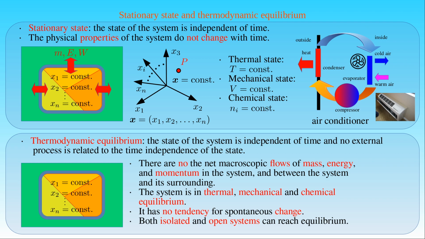In the case of an open system, the exchange of mass, energy and momentum is free between the system and its surroundings. Normally, we can regard the surroundings as a heat bath and a reservoir of various motionless substances. After the open system has equalized its temperature, pressure, and matter content with those of the surroundings via mass and heat transport, the transport processes will stop and the physical properties remain the same in the system. Therefore, the open system can also reach equilibrium and remain in balance with its surroundings.